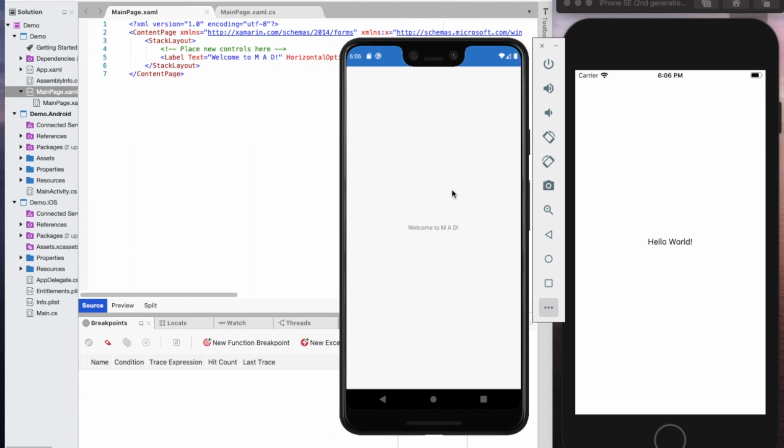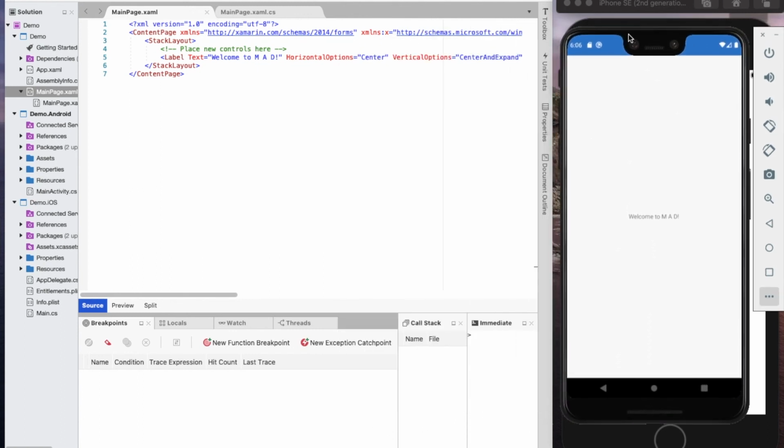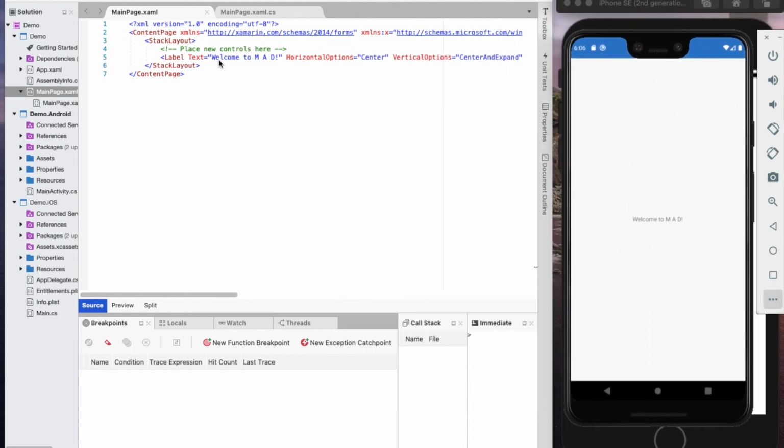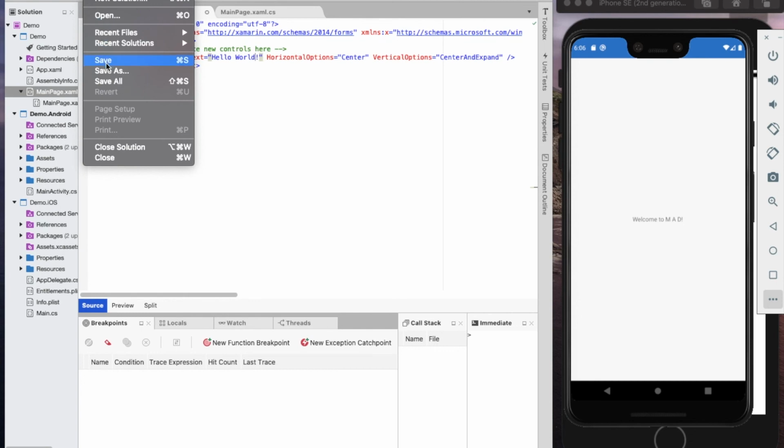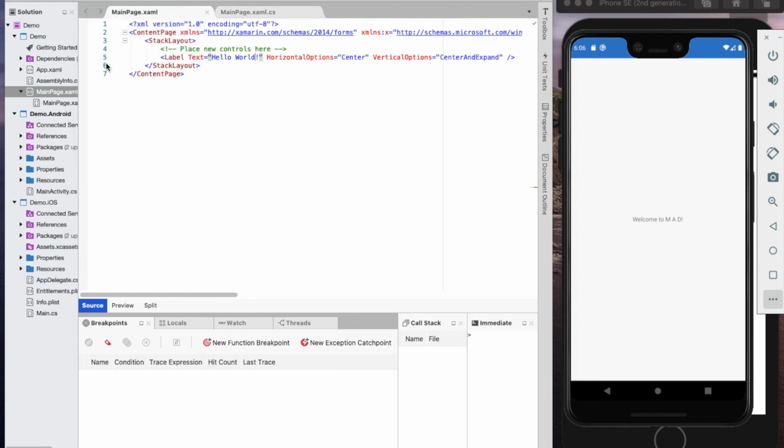Yes, now you can see the output in the Android device. I just want to change this Welcome to MAD to Hello World. If I save this file, immediately the output will be changed in the emulator.